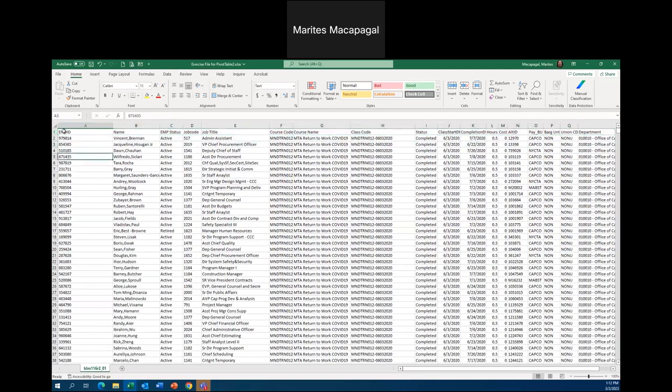So we were able to follow the first guideline, or one of the guidelines, which is it must have only a single row heading. Next, another thing that you might want to check is there should be no blank rows or columns or even blank cells. Okay, so if you click your mouse within the list, right, and to find blank cells, all you have to do under the home ribbon, under the editing group, if you look at the find and select option, if you click on the drop down arrow and go to special,